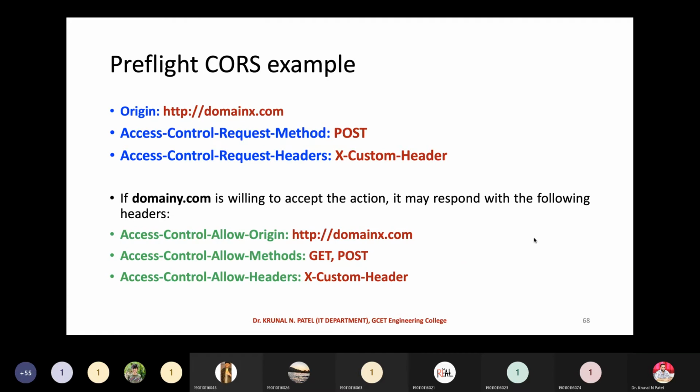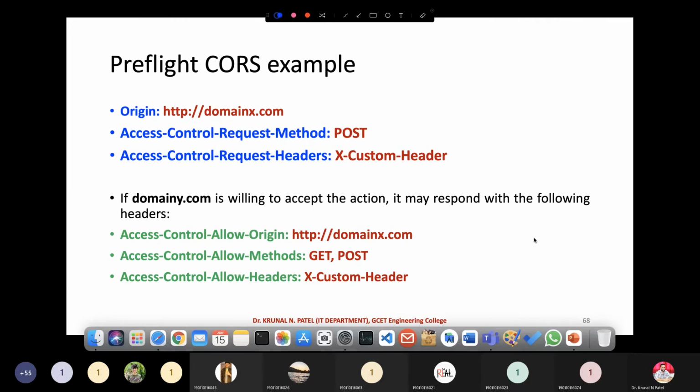First of all, if my origin is http domainx.com, whenever I'm sending a request, with that request I'm sending an HTTP request header with the following parameters. The first is the Origin, so my origin is X. I'm defining the Access-Control-Request-Method, which method I'm going to use, that is a POST method.